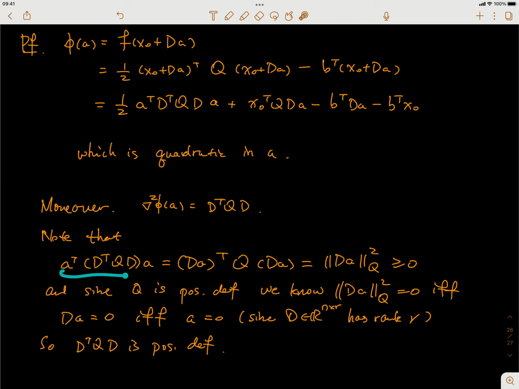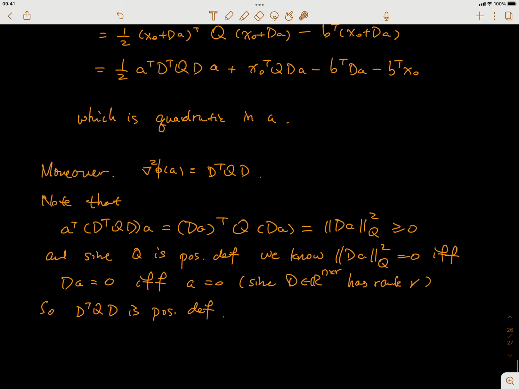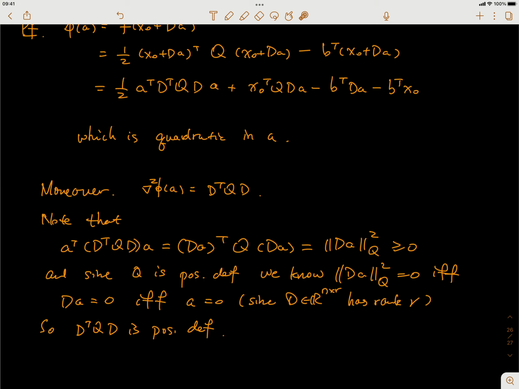Okay, first of all, we multiply this by a on the two sides. We combine this Da and this Da together, so they form this square accordingly. And then this is just the squared Q-norm of Da, and that should be greater than or equal to 0. And because Q is positive definite, we know that this will be equal to 0 if and only if Da equals 0. Well, D is an n by r matrix